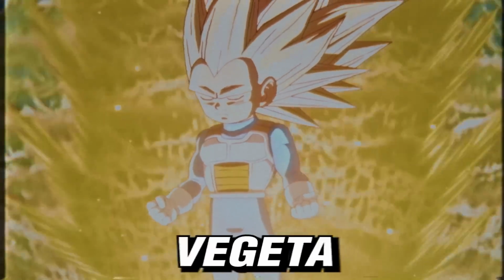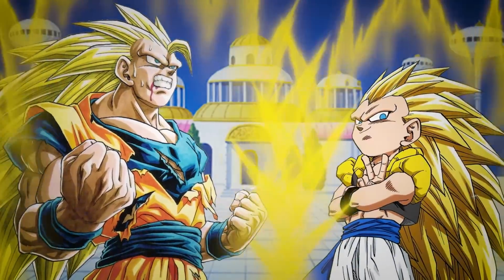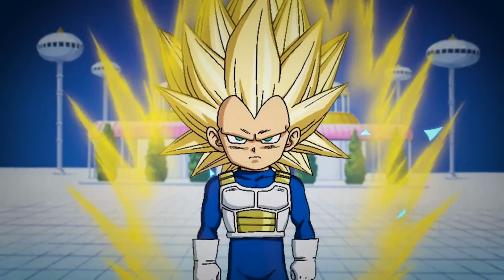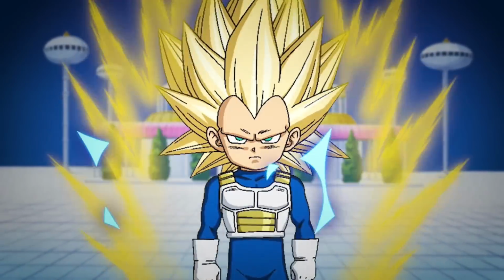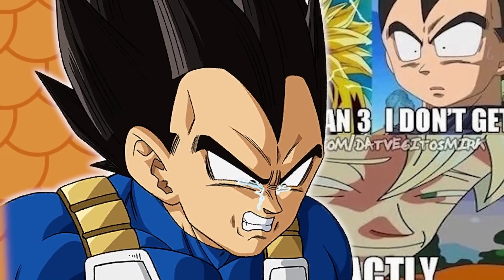Why is Super Saiyan 3 Vegeta so different? And why didn't he use it in Super? We've seen Super Saiyan 3 Goku and Gotenks in canon before, but even this is a drastic change to such an iconic transformation. After over 30 years of being made fun of for skipping a form entirely, or not being